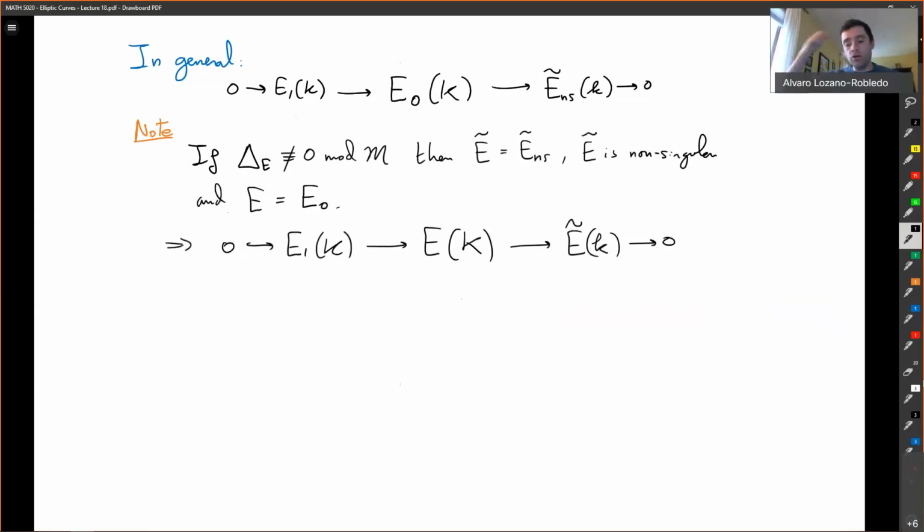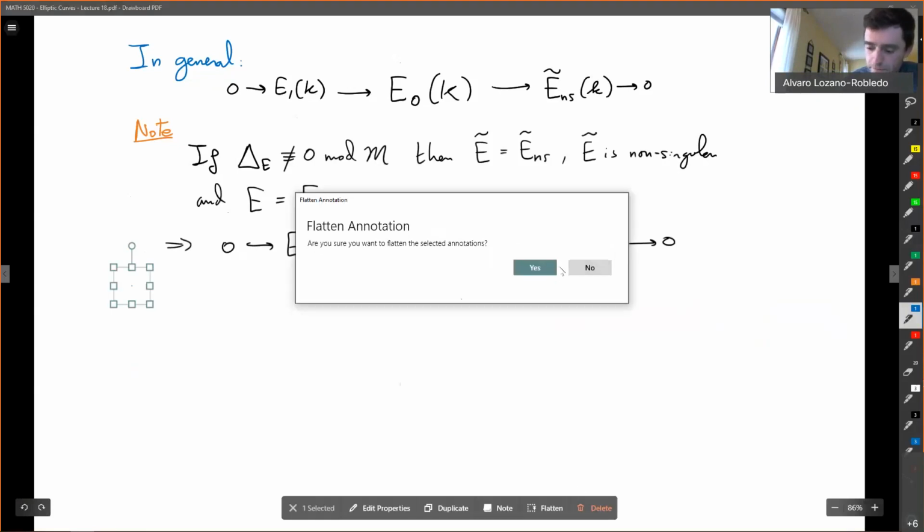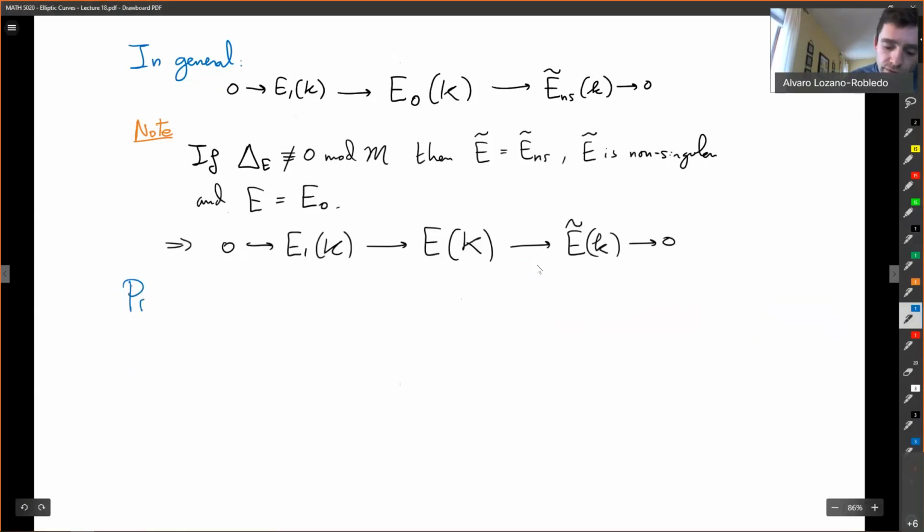So now we are finally going to bring in the formal groups. Remember that we were hoping to bring in formal groups. So one of these groups here must be the one that is the group associated to a formal group. Okay, and it's going to be E1. All right. So here is a proposition that connects now the two worlds. Proposition. Let